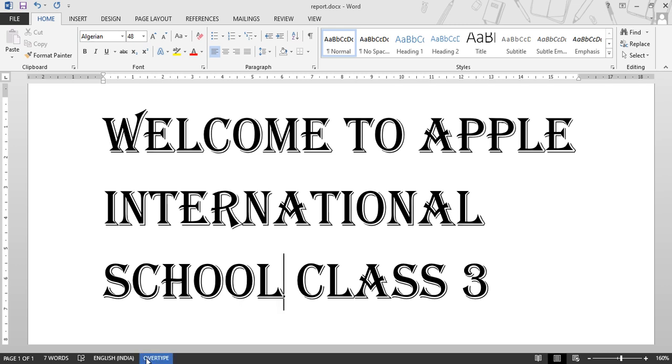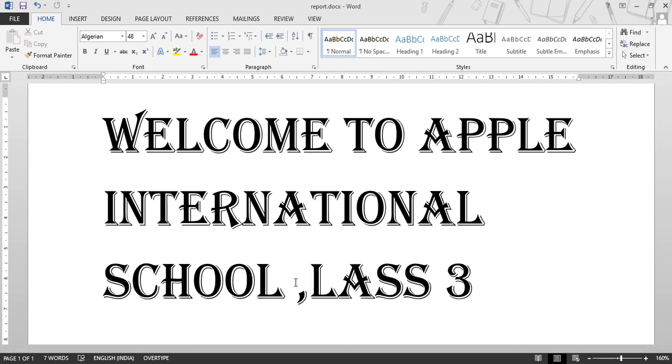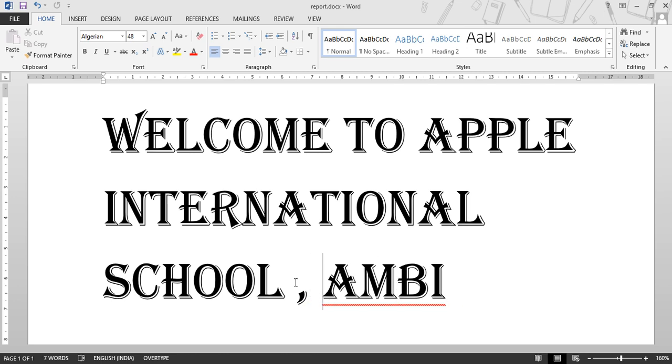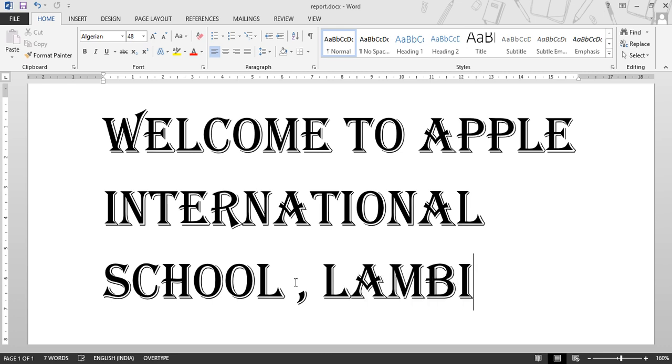If you select overtype here, then click on the cursor where you want to overwrite. For example, now you want to type the address here. So it overwrites your text with the new content.